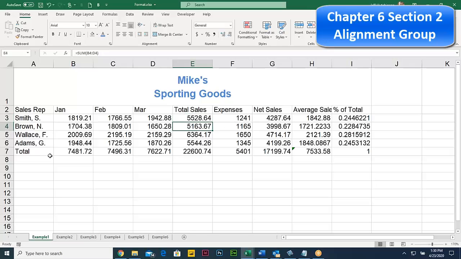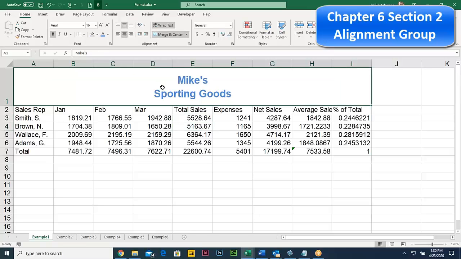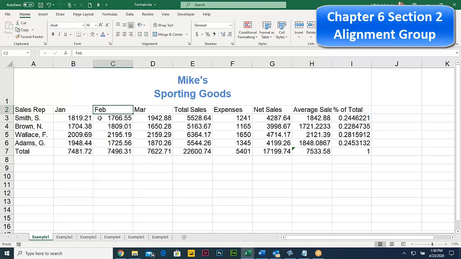Okay, so that is a little bit about the alignment group. A couple more things we need to talk about. We haven't hit them all yet, but we're going to go through them all. This is probably important: wrap text. So if you come down to Smith S and type the word Stephen,